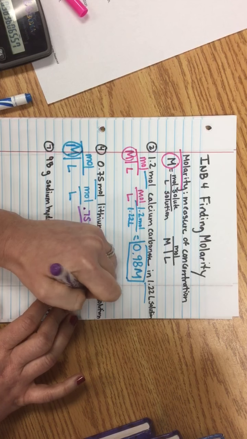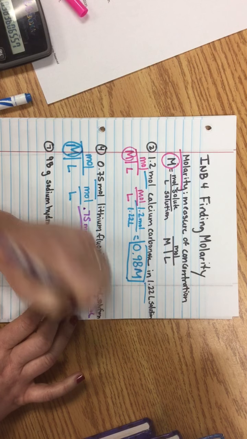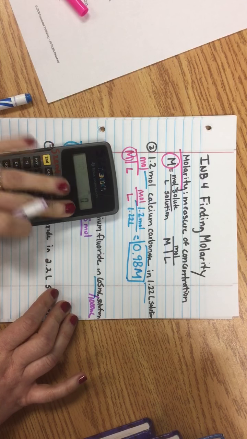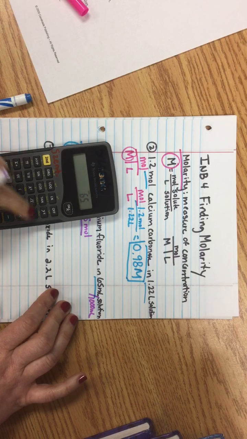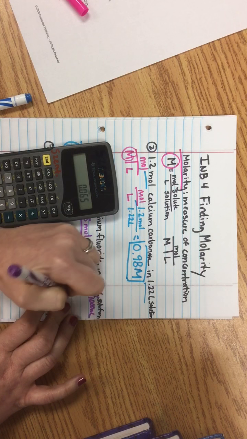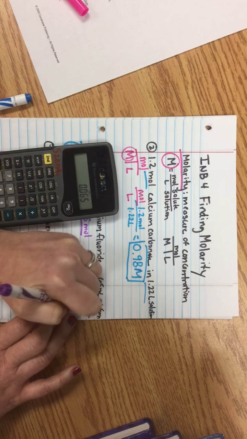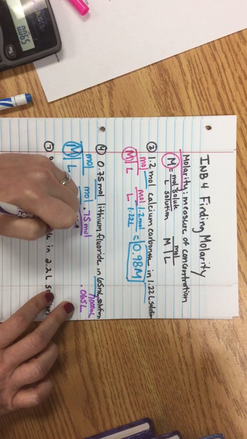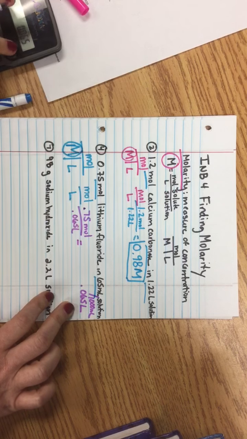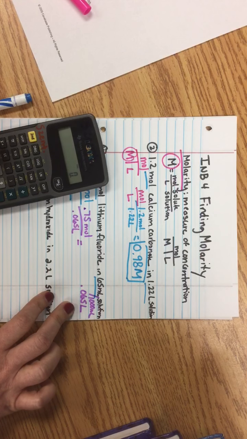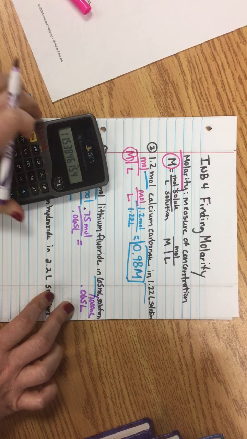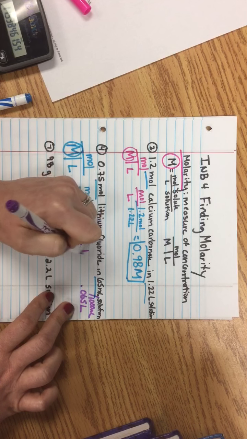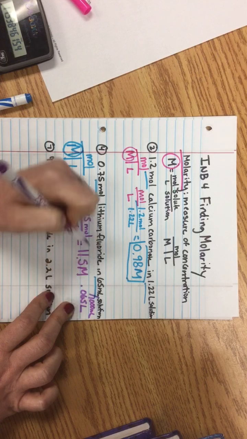Well, I know a conversion, and I know that I can divide milliliters by 1,000, and that'll give me liters. So 65 divided by 1,000 gives me 0.065 liters. So now I'm able to plug 0.065 liters in, and so I put into my calculator 0.75 divided by 0.065, and I get 11.5 capital M